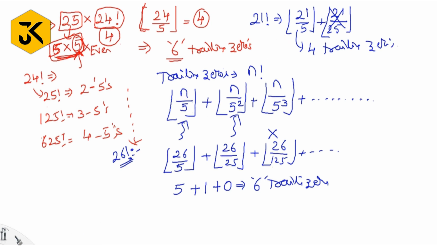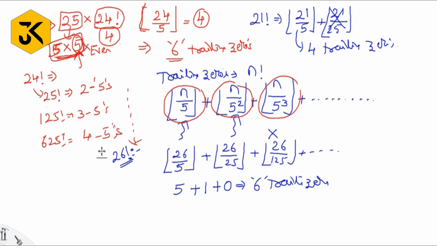See here, I am going to explain once again. The meaning of this is: first divide n by 5, and we are going to remove all the 5s first. And I write this term because I am going to remove all the extra 5s, and this one because I am removing the extra 5 factors like 125, 625, like that.